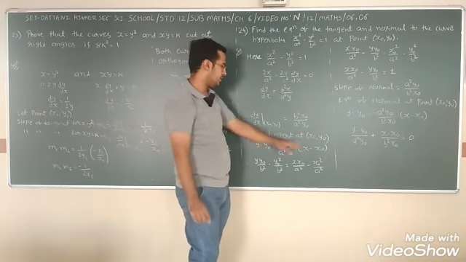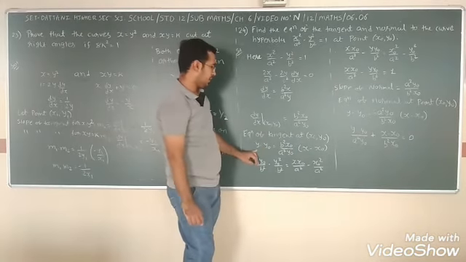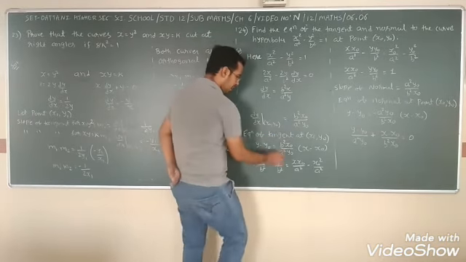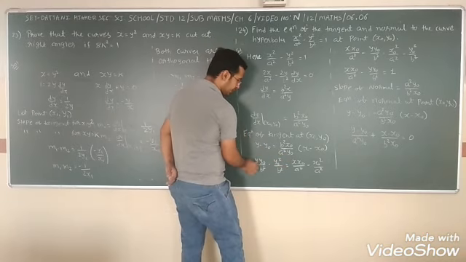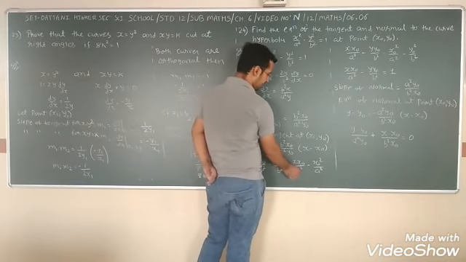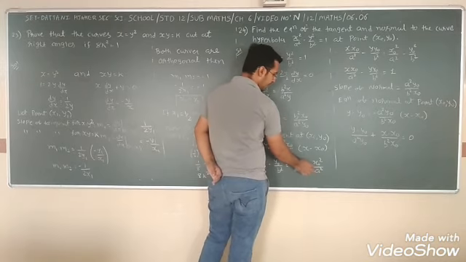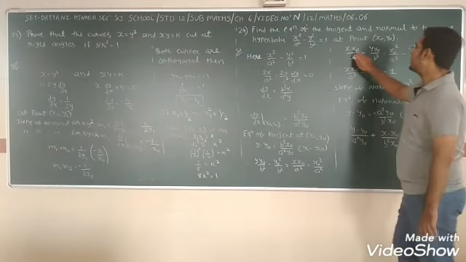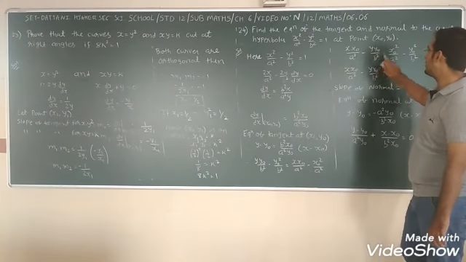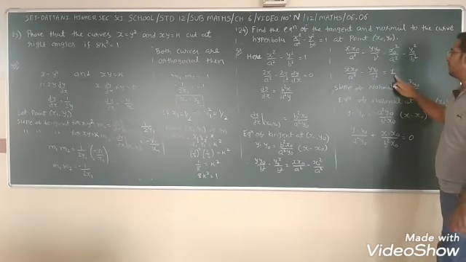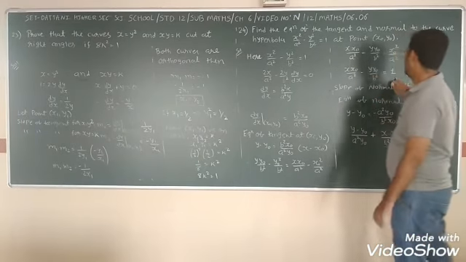Equation of tangent at (x0, y0): we put in the equation y - y0 = b²x0/(a²y0) times (x - x0). Now y0 side change and b² side change, so we get y y0/b² - y0²/b² = x0 x/a² - x0²/a². Now x0² and y0² on one side and the other terms on the other side, so we get x x0/a² - y y0/b² = x0²/a² - y0²/b², which is the value 1. From this equation, we get the first equation.